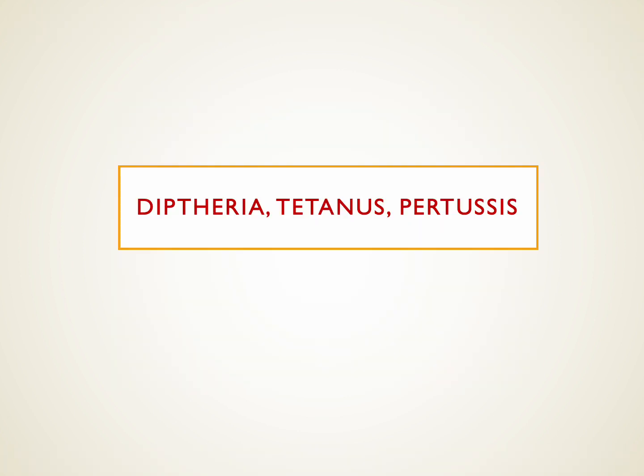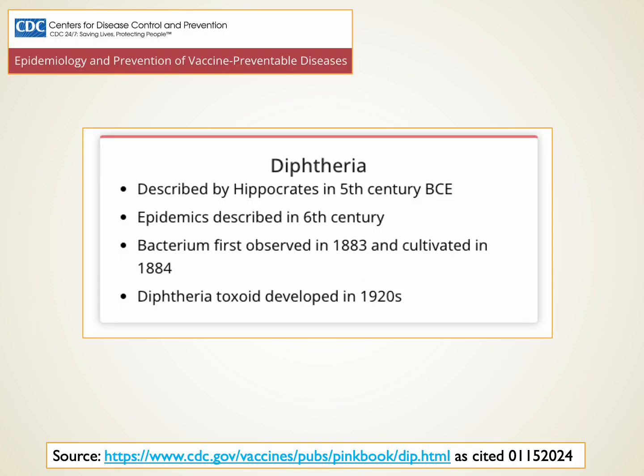All right, let's go to diphtheria, tetanus, and pertussis. Now we've mixed three pathogens here because the vaccine contains all three, although there's tetanus toxoid that's available, or diphtheria and tetanus that's available as well as separate vaccines. But let's go through these diseases first, and then we'll talk a bit about the vaccines in both pediatrics and adults. Diphtheria